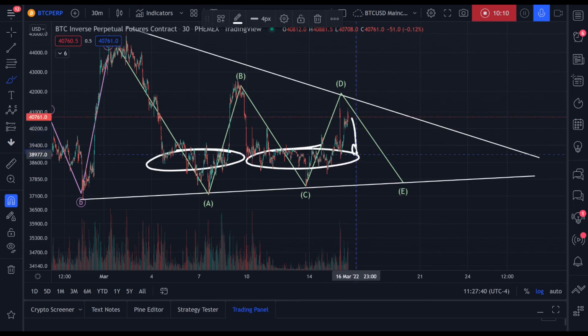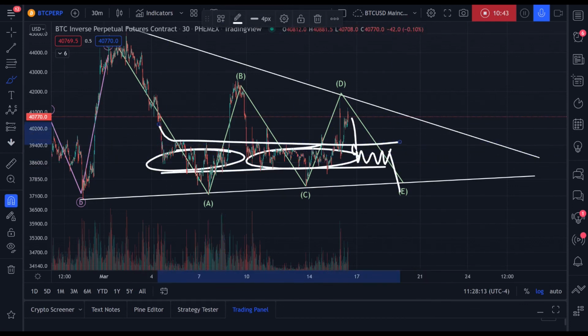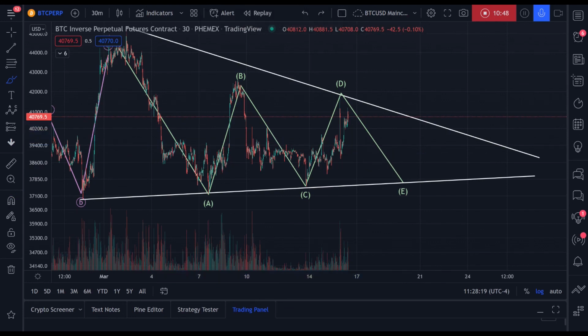I see this move down to this region pretty much imminently, in the next few hours. So I'm seeing Bitcoin coming down to around 38.8 in the coming hours. And then from there, consolidating up and down, just chopping up and down. Not much volatility, but sort of confined volatility in this channel right here before bottoming out. So that's what I'm seeing on the charts, why I'm seeing it, and when I'm seeing it.